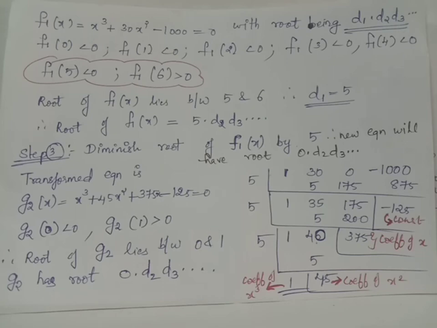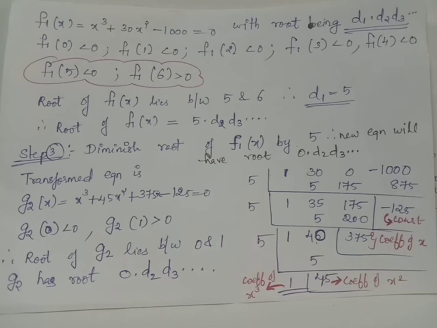We can easily find out d1 by checking for x1, x2 values between which root of f1 of x will lie. We try for different choices x equals 0, x equals 1, x equals 2, etc. and we see that f1 of 5 is less than 0 and f1 of 6 is greater than 0. Since these two x values are lying close to each other, we will select the values between which root of f1 of x will lie will be 5 and 6. That is, in the smallest interval 5, 6, root of f1 of x will surely lie and the lower bound of the interval is 5. Hence, we have the integral part d1 equals 5.